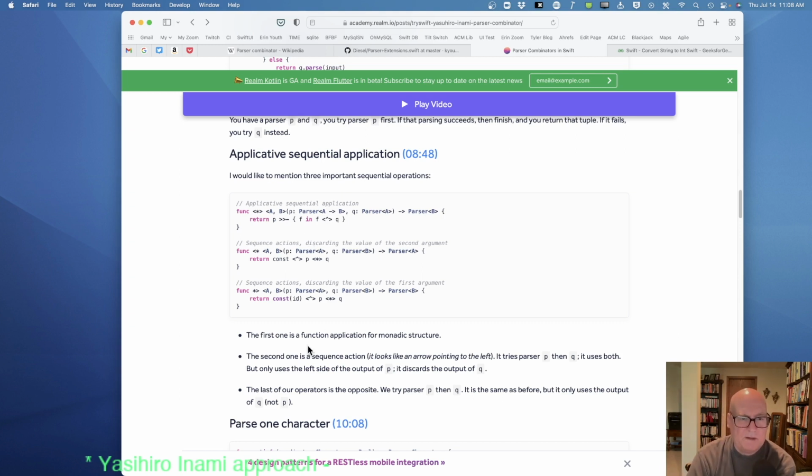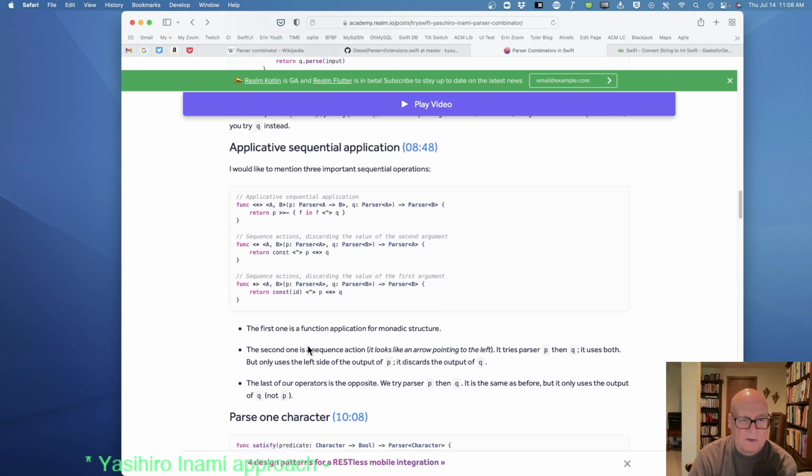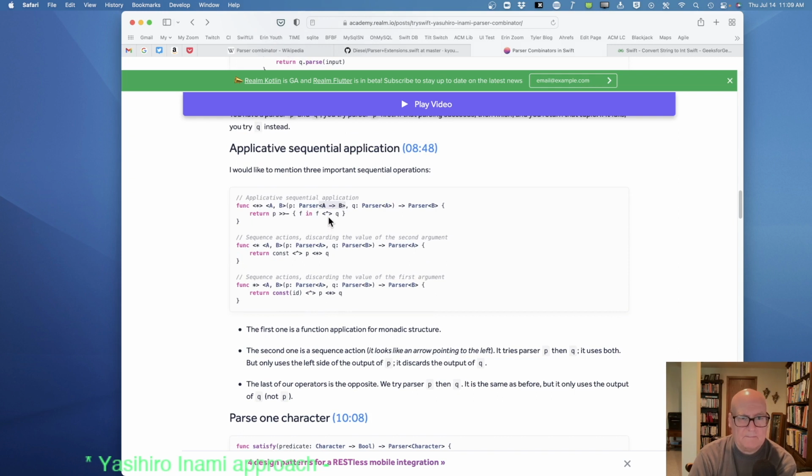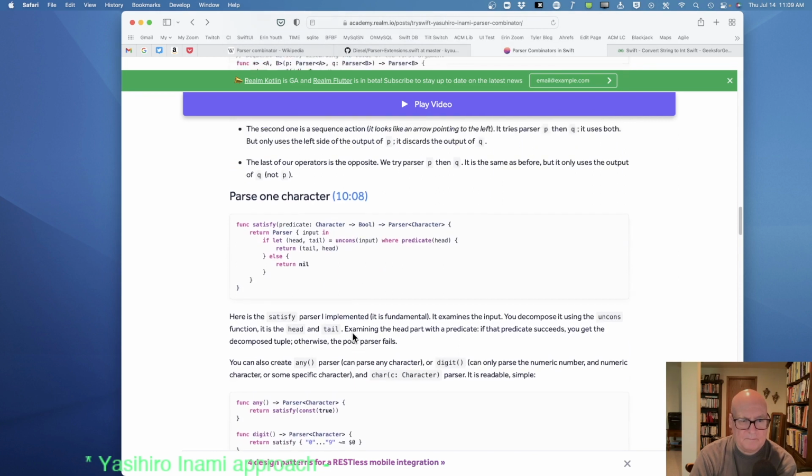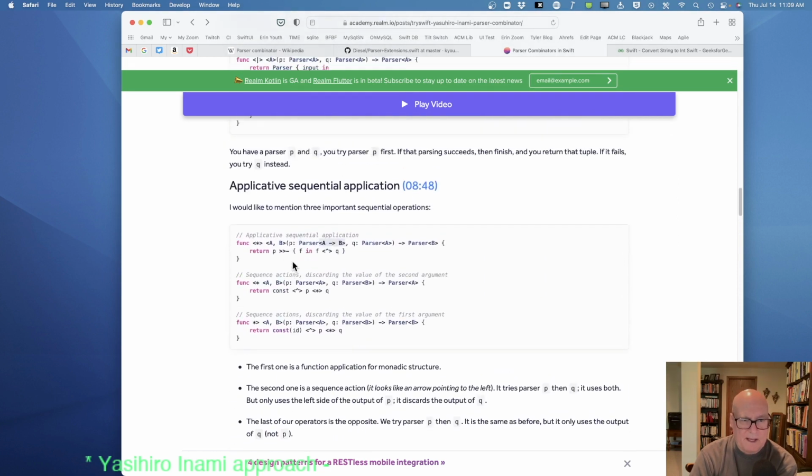Where I'm left is I can tell there's something clever going on because we're passing in things that return parsers all the time. It's certainly compact enough in the functional form like this.